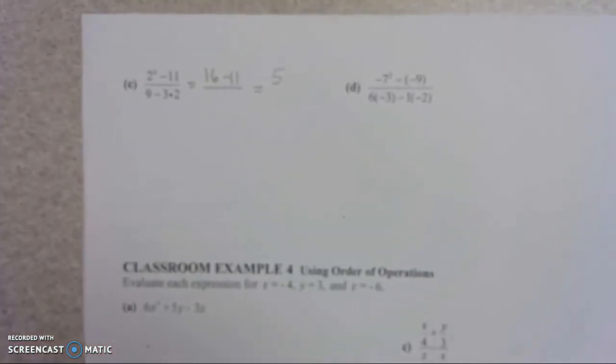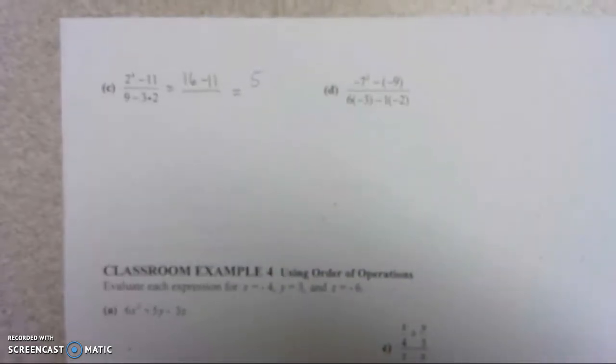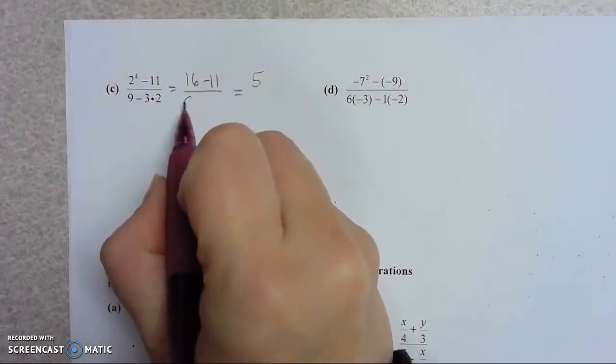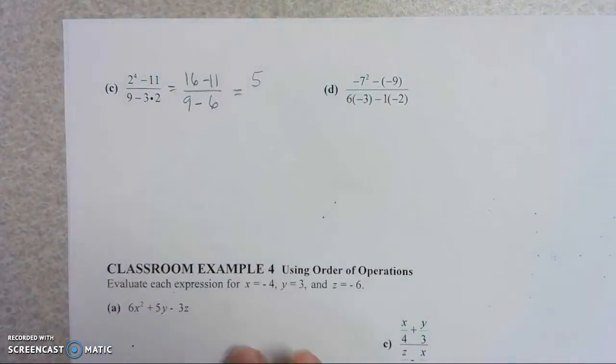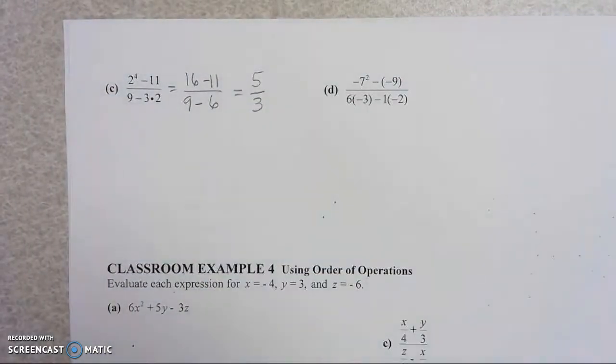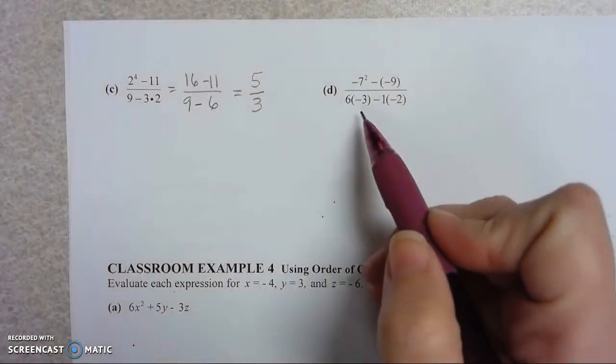multiplication comes first. Let's see if my camera can decide how it wants to focus. Alright, so we'll say 9 minus 6, and that leaves 3. And then 5 over 3, you can't simplify any further, so 5/3. Alright, next we have